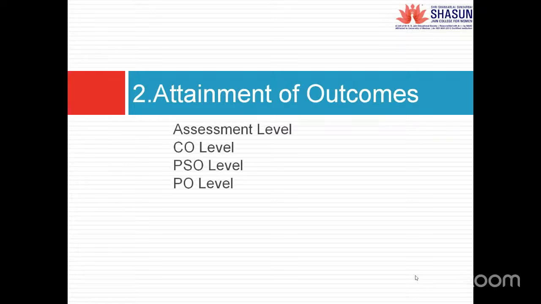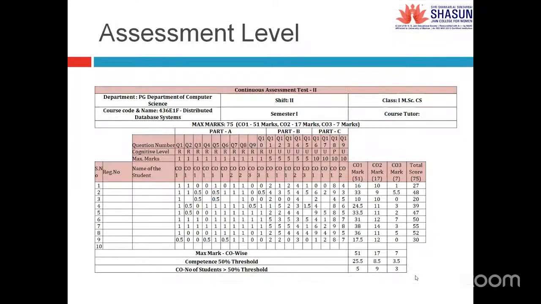Then we come to the mapping of PO and PSO with the CO. This is what we followed when we discussed the mapping. When it comes to attainment, we go with the bottom up approach. We start with the assessment level and the CO level, then go to the PSO level and the PO level. Now I'll be going back to my Excel